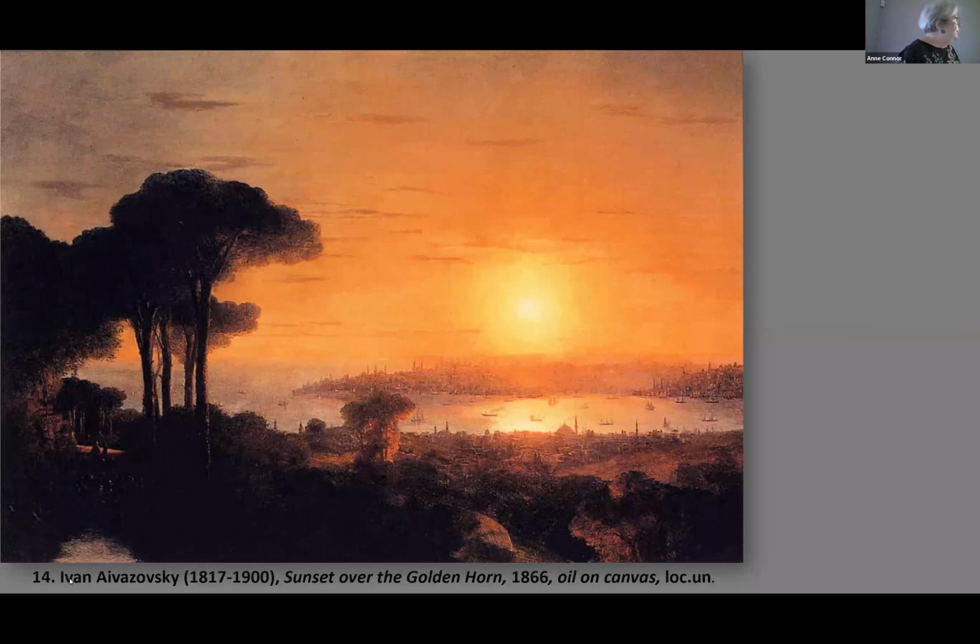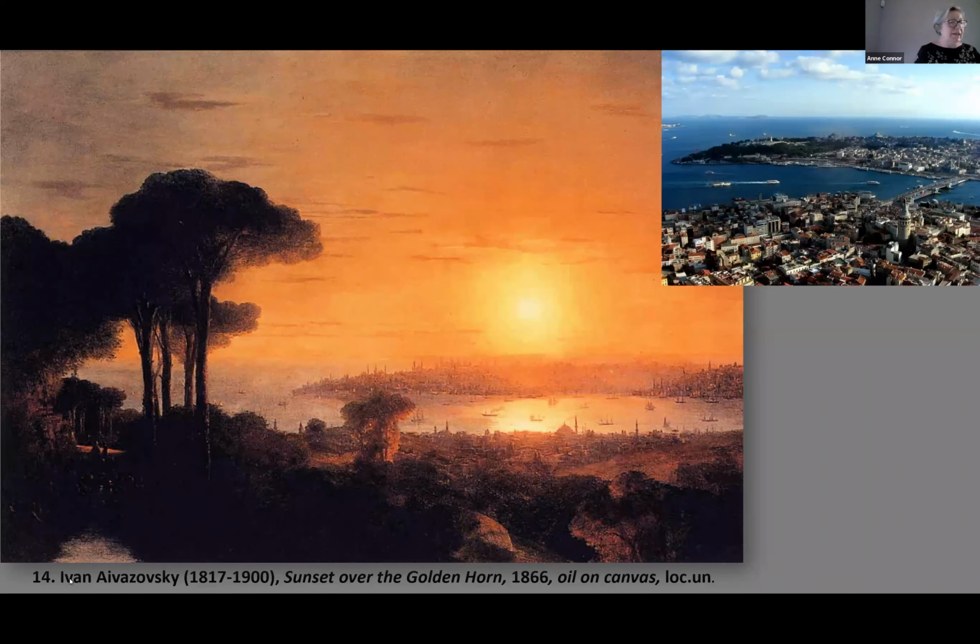So this is a view from across the Golden Horn, looking down at the Golden Horn. And for those of you that have been there, you can recognize this is Topkapi, and then you have Hagia Sophia, and then the Blue Mosque, and then all the others. And here is actually a photograph showing more or less the same view, except that now there is a bridge that didn't exist at that time.